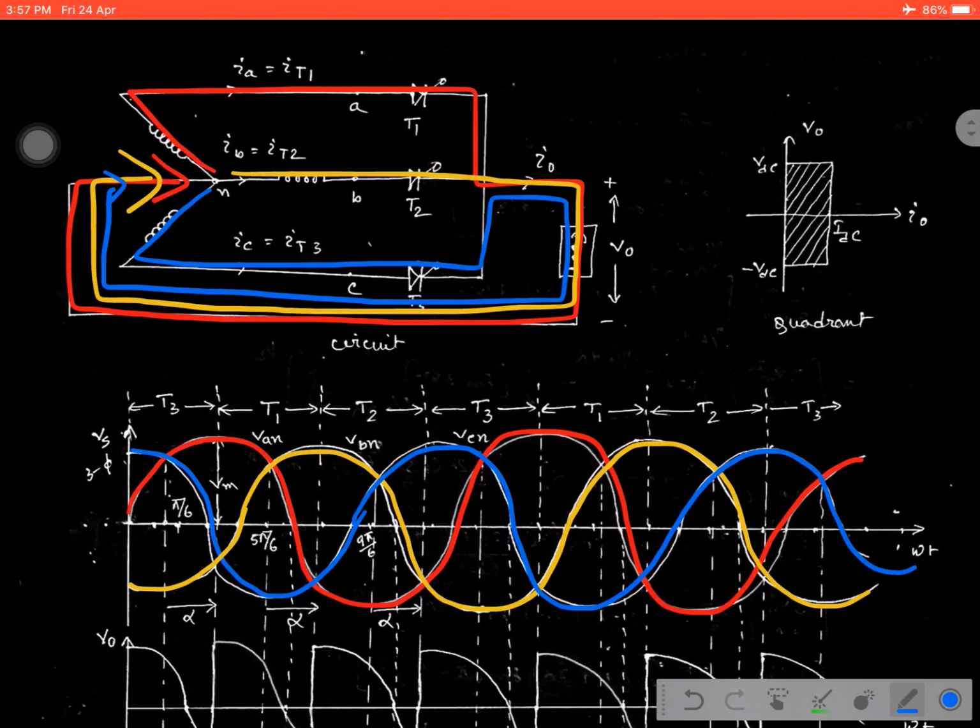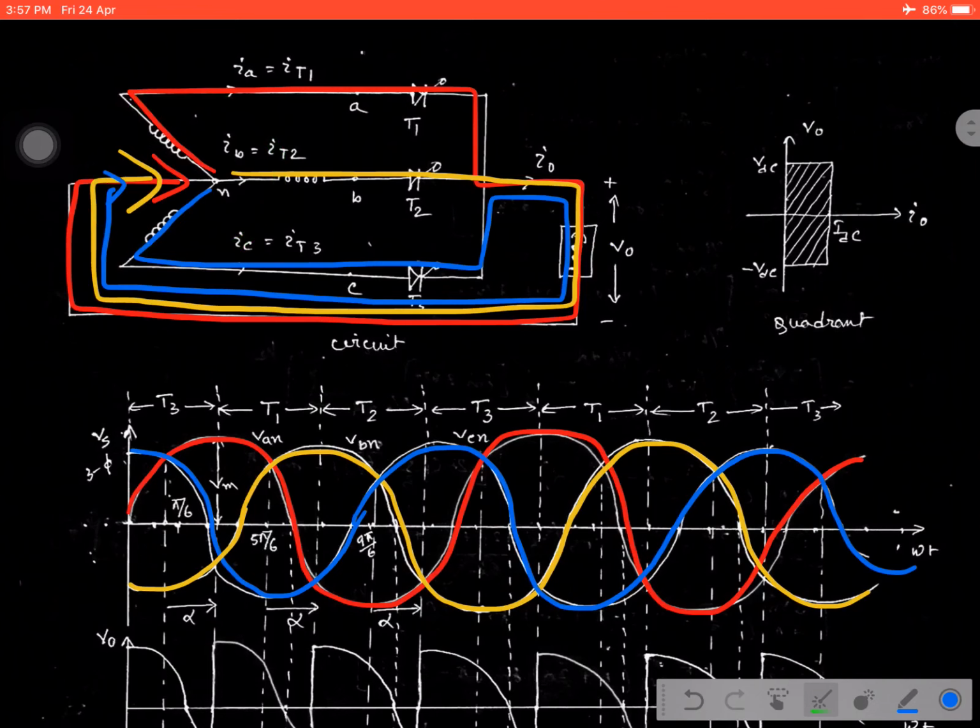Okay. Now see all the cases, when T1, T2, T3 are triggered in turn, the current flowing to the load and the voltage appearing across the load are the same. In all the cases the current is flowing across the load in the same direction and the voltage appearing across the load is the same, the upper one is positive, the lower is negative. That means during operation it can provide DC, but in the input part we are using AC signal. But as the direction of the current or voltage remains the same for the load terminal, it can convert to DC. So this is rectification operation.